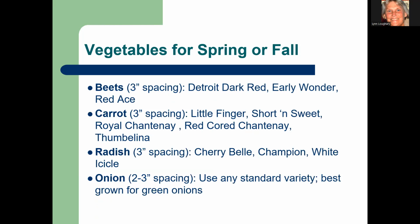Beets, and some of these will do well in the ground as well. So don't just think these are only for containers. Detroit Dark Red beets are really popular, whether they're in the ground or in a container. And I'm giving you some spacing. What you'll see is 3-inch spacing, depending on how many you're going to put in your container size is